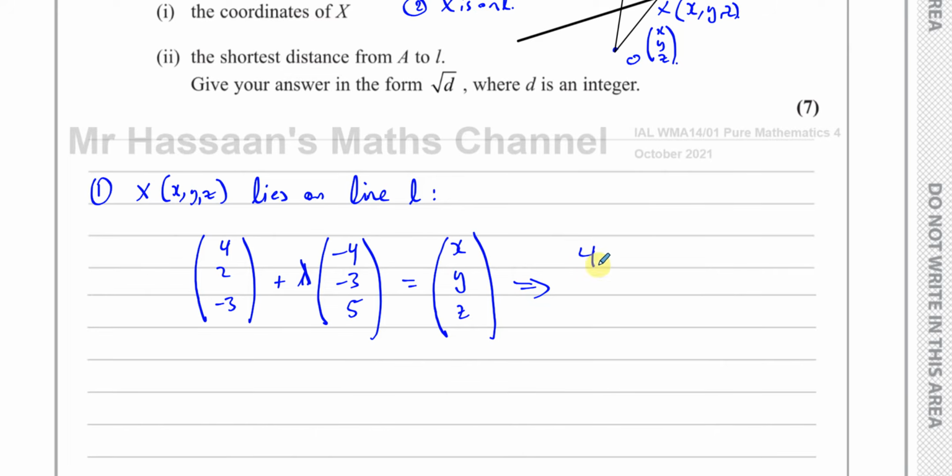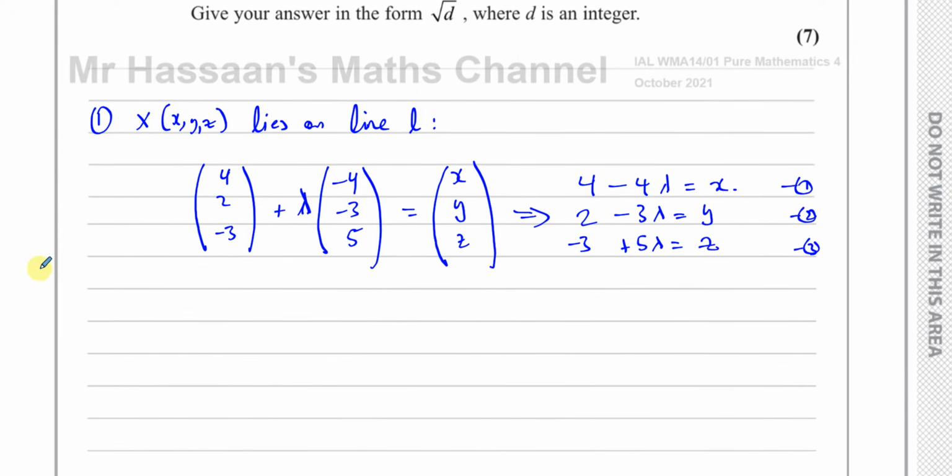So you have 4 minus 4 lambda is equal to X, and we have 2 minus 3 lambda is equal to Y, and we have negative 3 plus 5 lambda is equal to Z. So those are three equations that we formed from the fact that the point X lies on the line